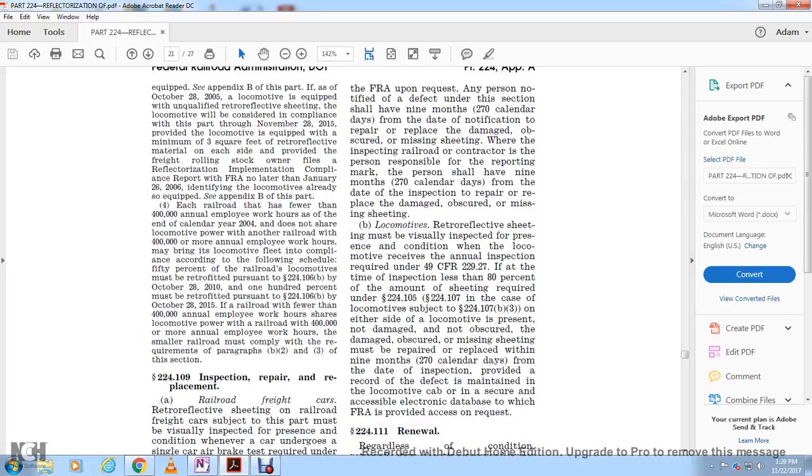Each railroad with fewer than 400,000 annual employee work hours within the calendar year of 2004, if it does not shop the locomotive power with another railroad with 400,000 or more annual employee work hours, shall bring the locomotive fleet into compliance according to the following schedule: 50% of the railroad's locomotives must be retrofitted pursuant to section 224.106B by October 28, 2010, and 100% must be retrofitted by